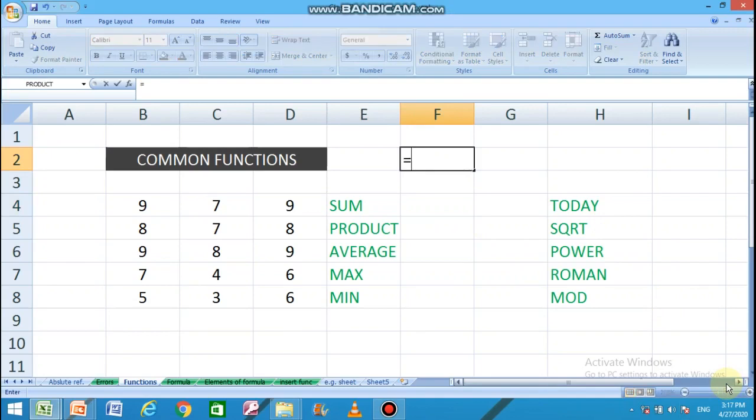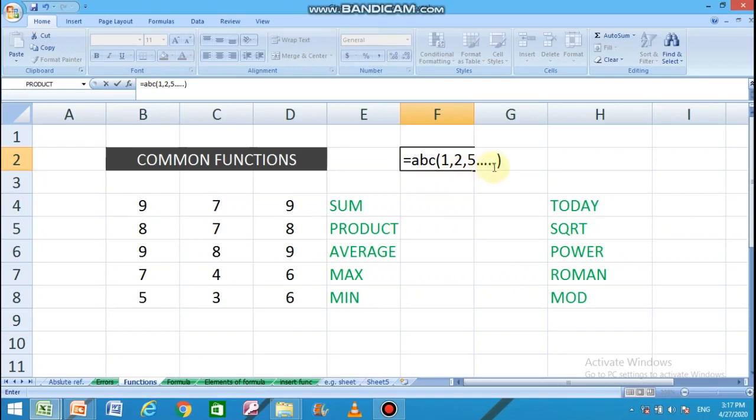For example, the two parts of the function are the name of the function, like here it is ABC, and the list of arguments.